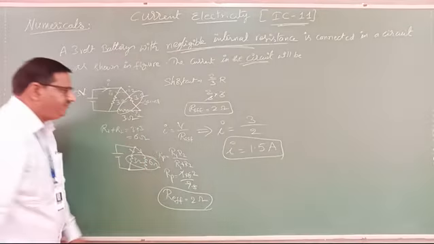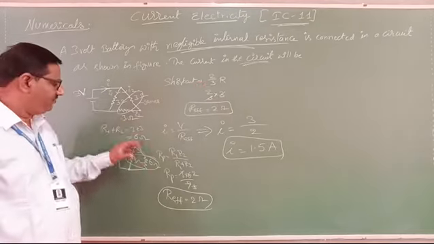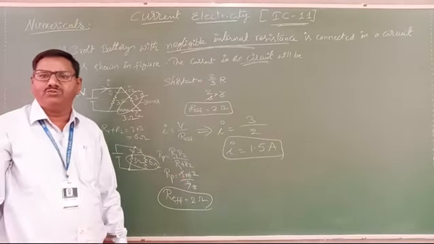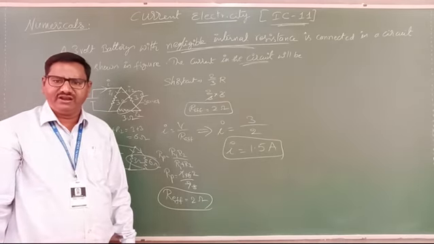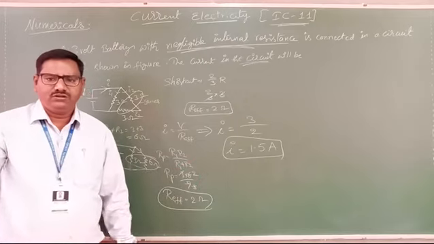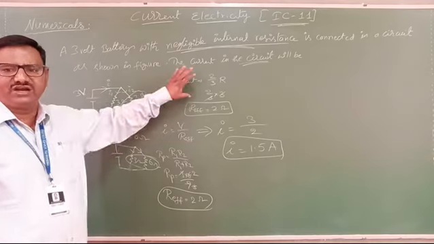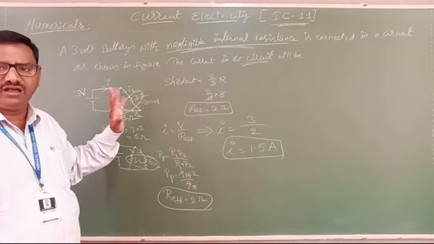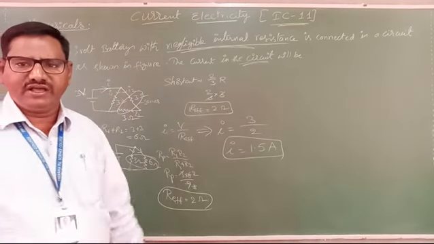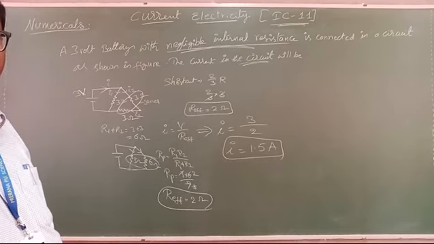2 ohms. If you want to measure this instead of the shortcut, if you use this procedure, it will take a little bit of time. But in objective exams, we require very little time to solve the problems. Clear? So remember all these. This is the shortcut, and for the triangle shortcut, all resistors must be equivalent. Clear? Then only we can use this shortcut. Okay, good. Remaining we will see in the next video.